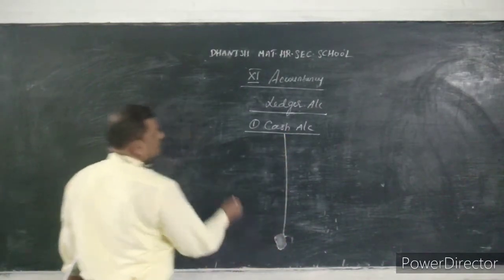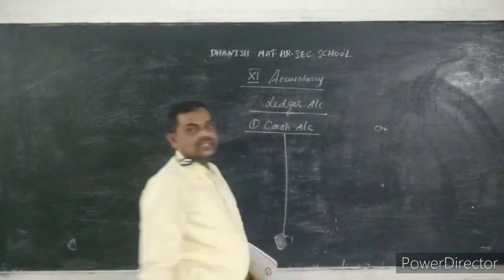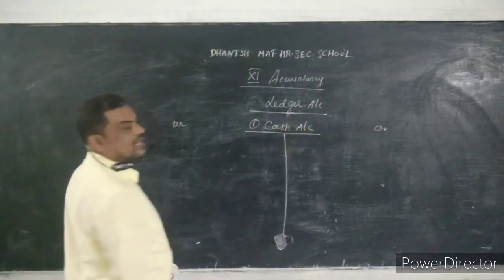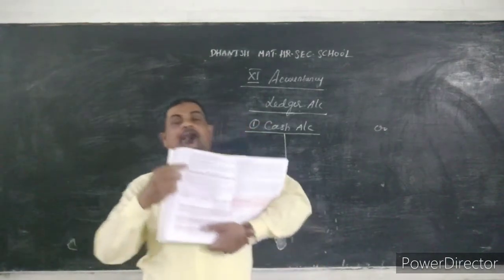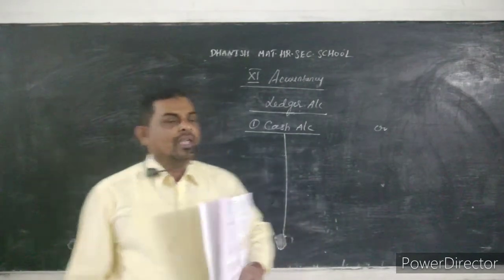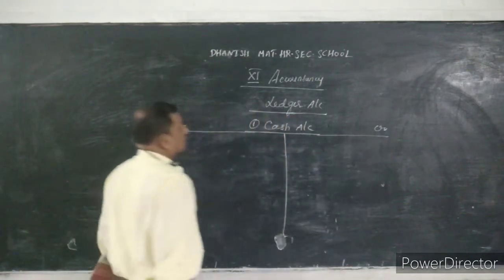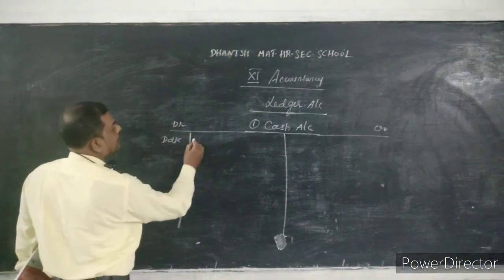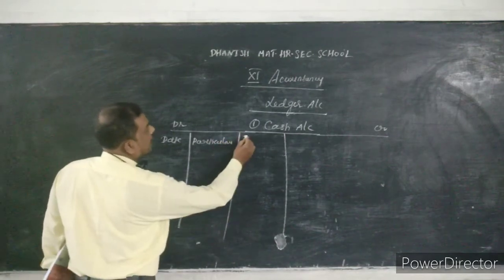Okay, listen carefully. This is the debit side, and this is the credit side. There are two pages in the accountancy notebook. The left-hand side is called the debit side, the right-hand side is called the credit side. So put DR and CR at the top corner. Here in the debit side corner you put DR, in the credit side corner you put CR. Okay. Next, we have to put date, particulars, JF,